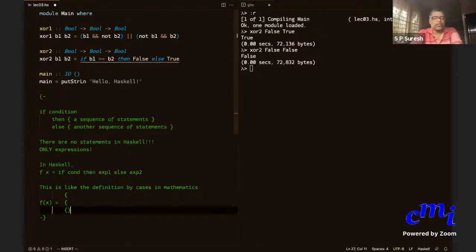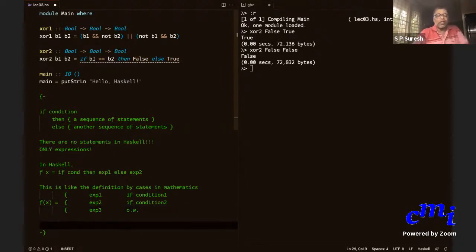Imagine that there is one large left brace. Then you will say expression 1 if condition is true, expression 2 otherwise. You're familiar with such definitions, right? Your if then else is a special case of that, with just two possibilities, condition and negation of the condition.